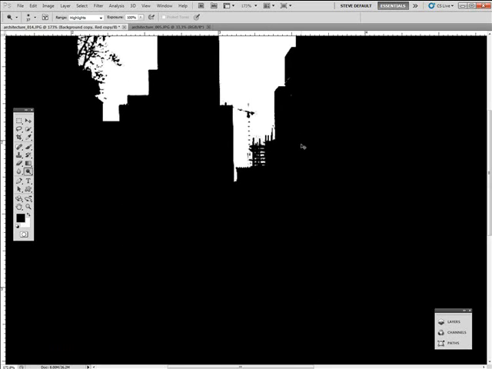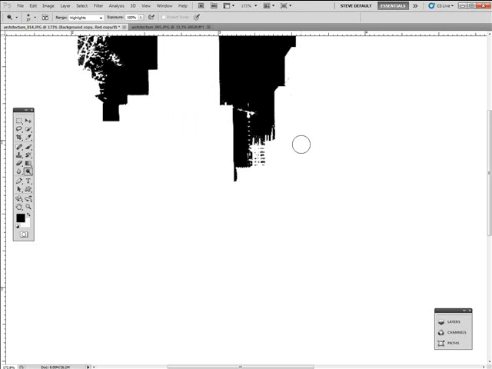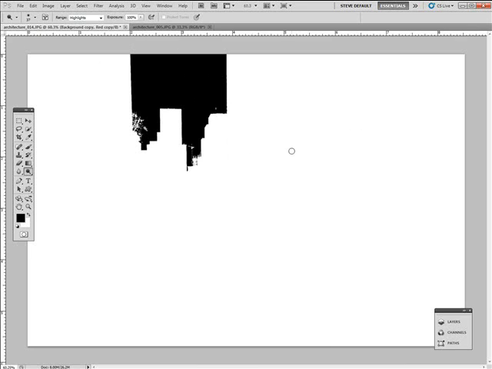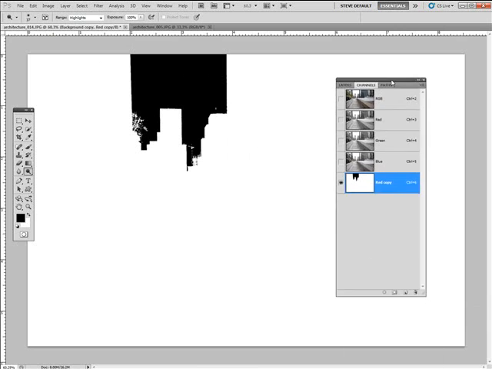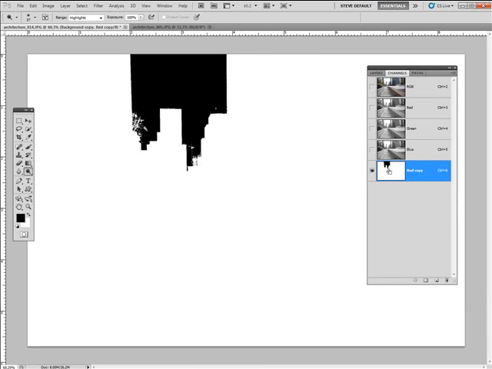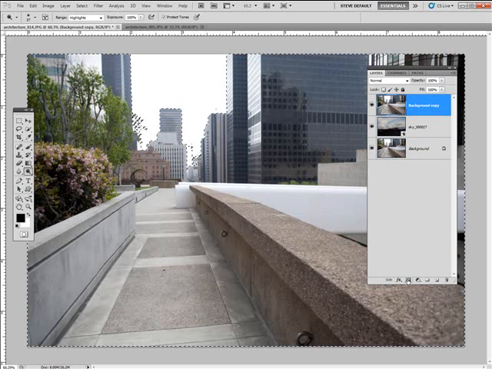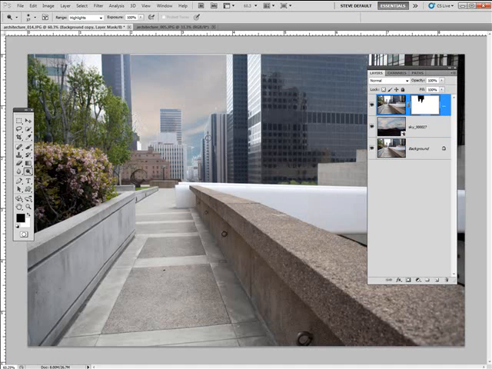And I'm going to inverse this because it's the architecture that I want to keep. So Command or Control I. And let's go Command 0, Control 0. And let's go ahead and open up the layers. And all I'm going to do is Command click on the mask to get the marching ants equivalent. And when we go to our layers, hit apply the mask, and it's going to apply the mask, cutting out the sky. All right, and when we come back, we're going to fine-tune these edges to make this look a lot more effective in terms of the sky blocking out,